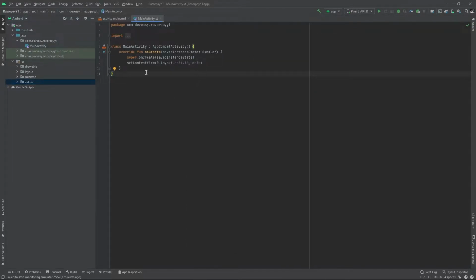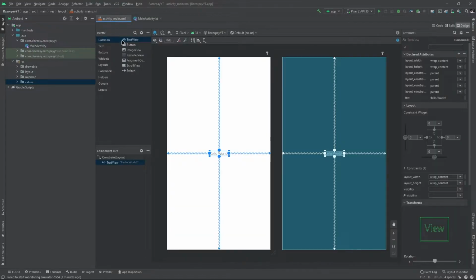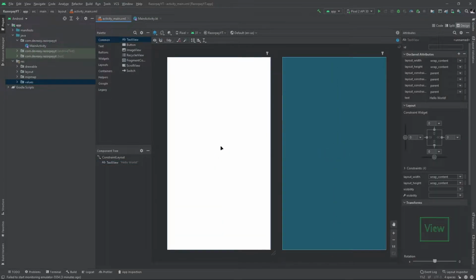So this is my empty activity. So here I have the main activity and the main activity XML. So here we will just design it.